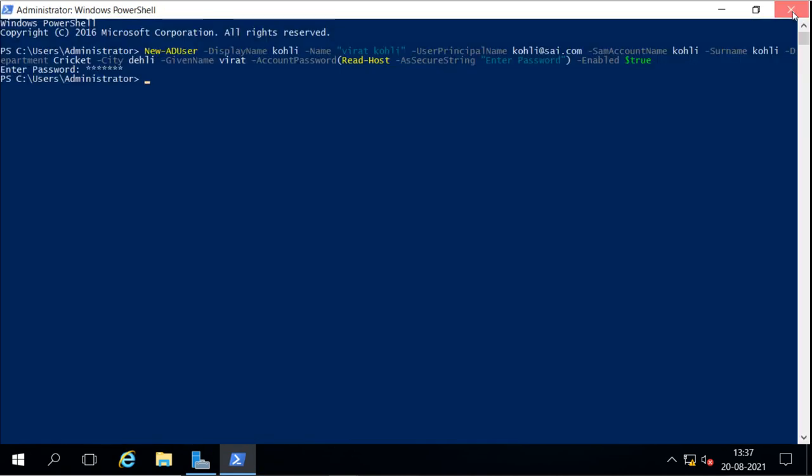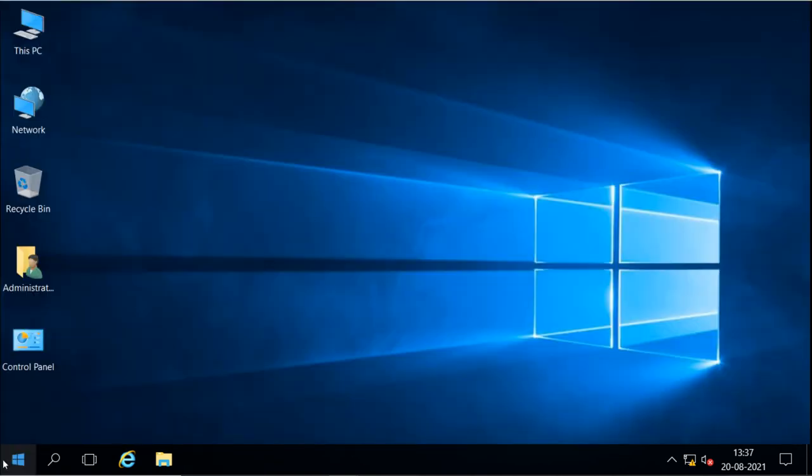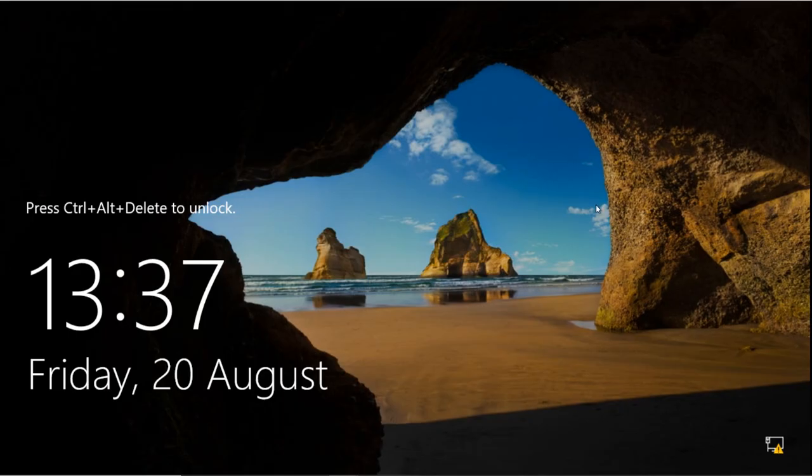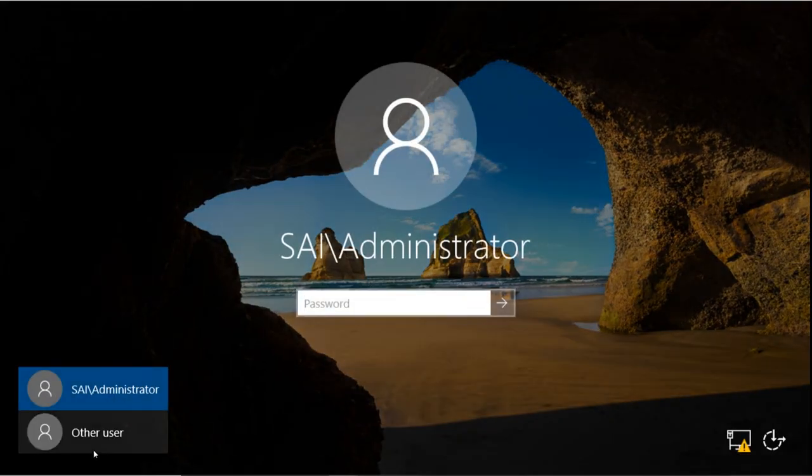Now what I will do, I will log out from this administrator, and I will log in as that user which we have given the permission. So I will log in as the other user.